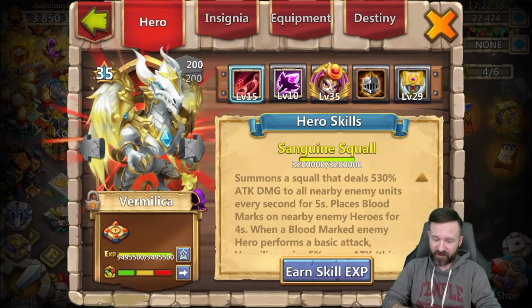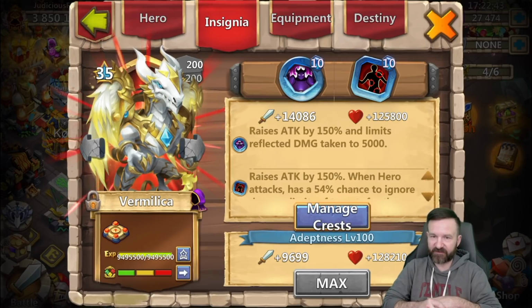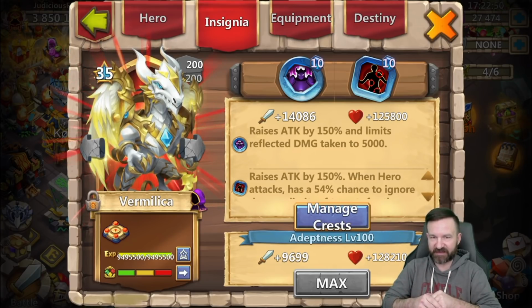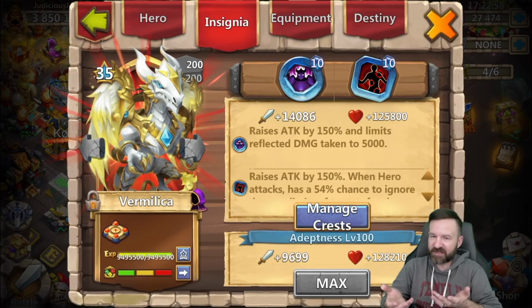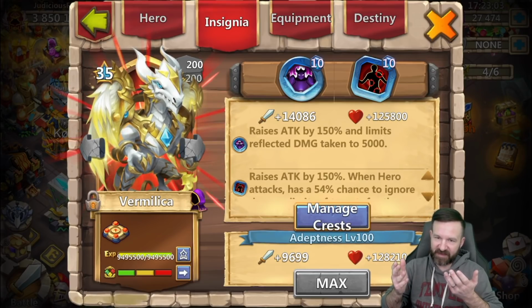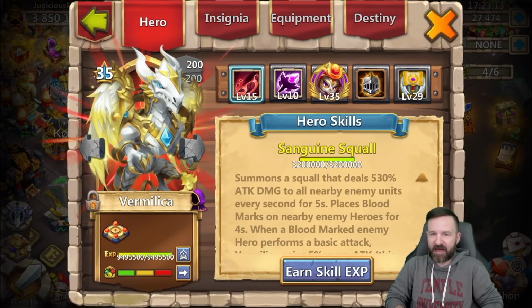Now, all of a sudden, though, if you put a 0N on him, he can become extremely effective in close quarters combat and things like Lost Battlefield and Arena in some cases, and in Labyrinth. But putting a 0N Insignia on a Vermilica is something that only a percentage of players are capable of doing. Thereby, I would not say that this makes him a great hero. This is an option for a few players that may have a 0N and can perform this kind of a build. I would put this hero at,